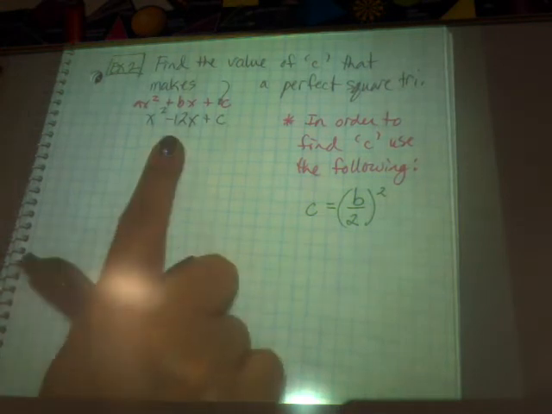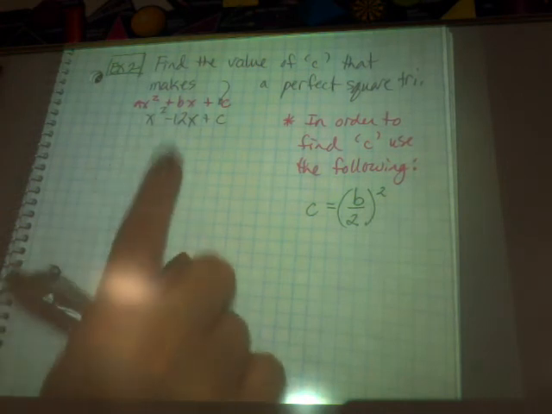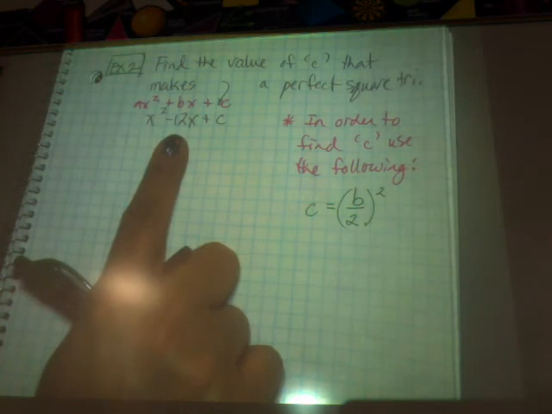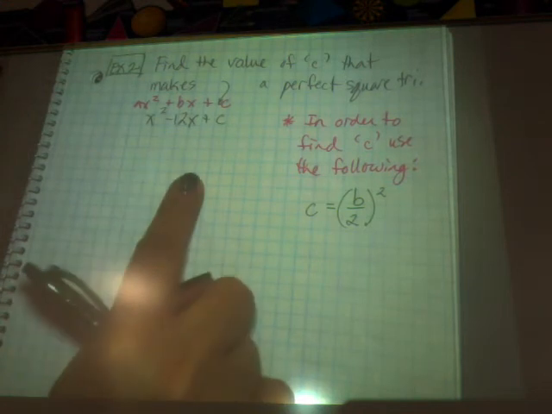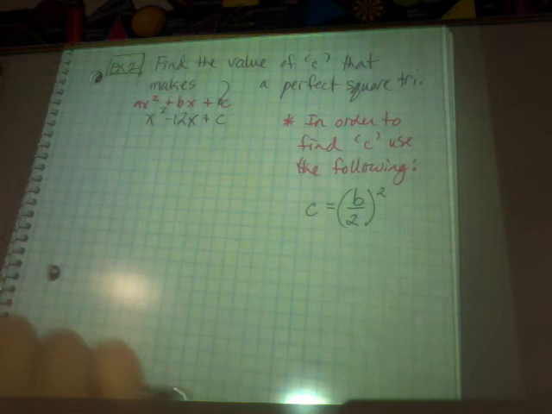If we take this and cut it in half and square it, because remember, in a perfect square trinomial, the inner and the outer term are exactly alike. So if they are exactly alike to get negative 12, wouldn't I divide 12 by 2? Wouldn't I get negative 6 and negative 6? And then we're going to end up squaring that negative 6 to get 36. So in this case, c is equal to,